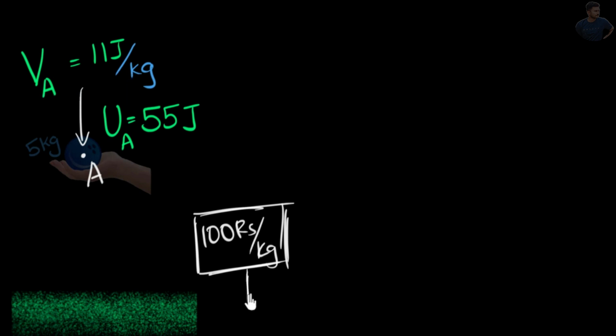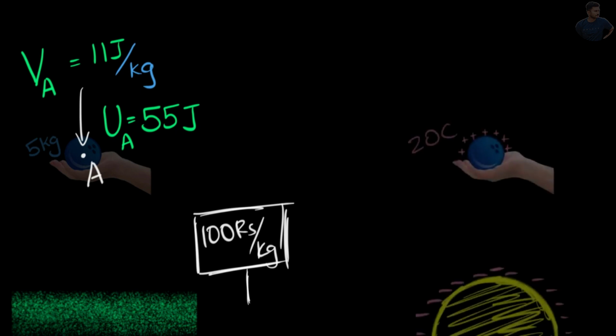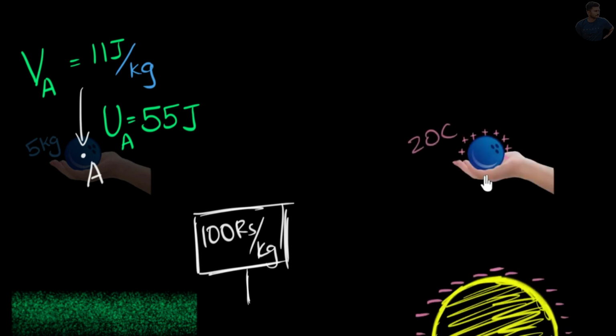Similarly, we can now define electric potential. So let me consider an electric potential case. Let's say we have something very similar. We have now a bowling ball which is charged because we want electricity. And let's say it has 20 coulombs of charge, a lot of charge.